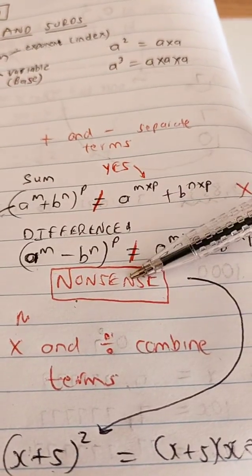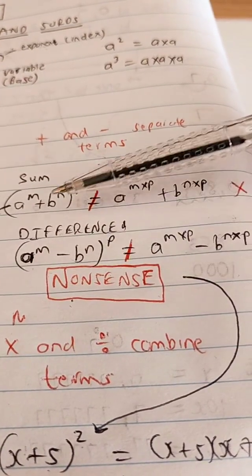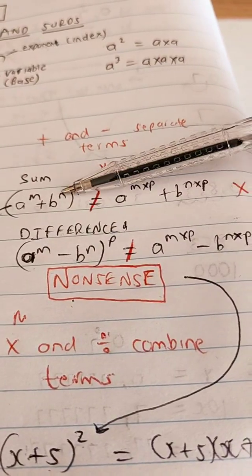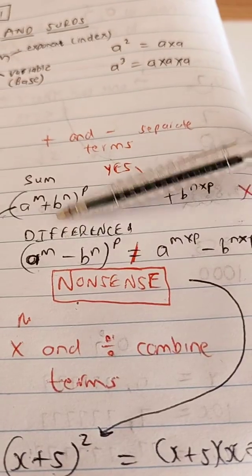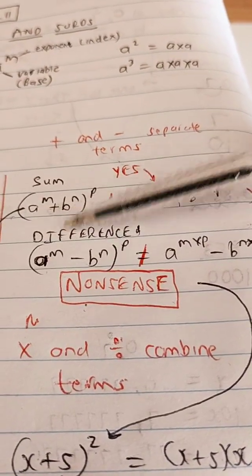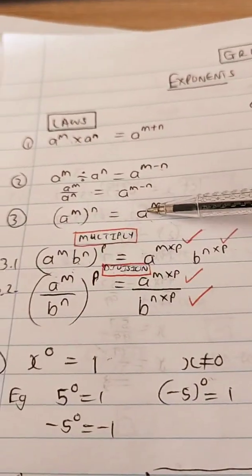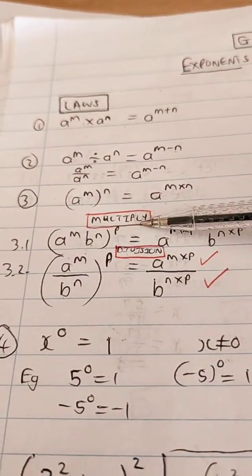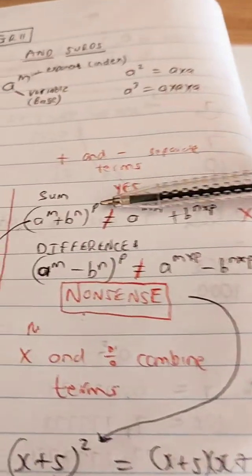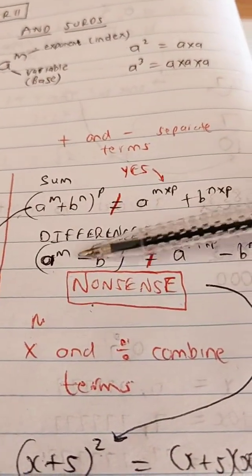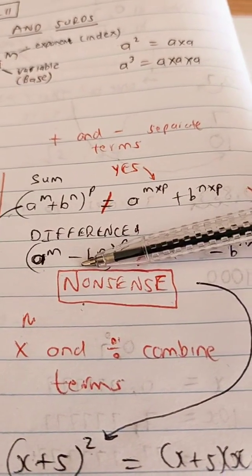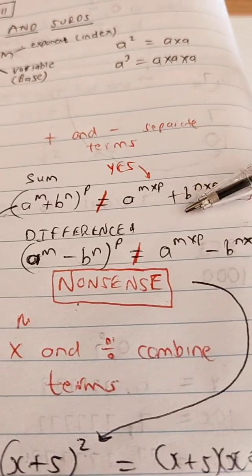We clarified that it is nonsense to apply the exponent by multiplication for difference of bases and addition of bases. It does not apply. Law number 3 only applies for multiplication and division of bases, but does not apply for the sum and the difference of bases. And that's something we clarified